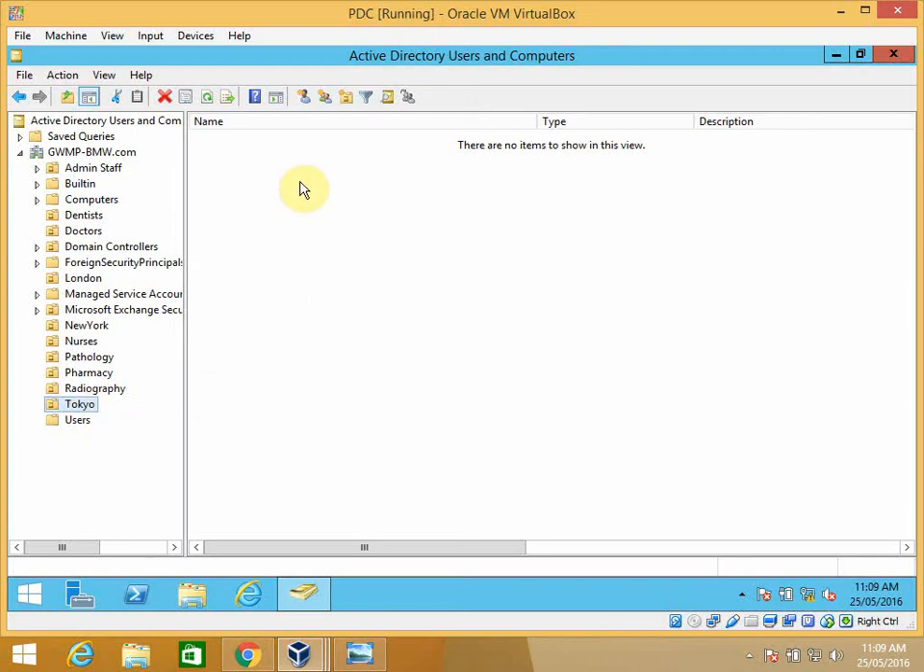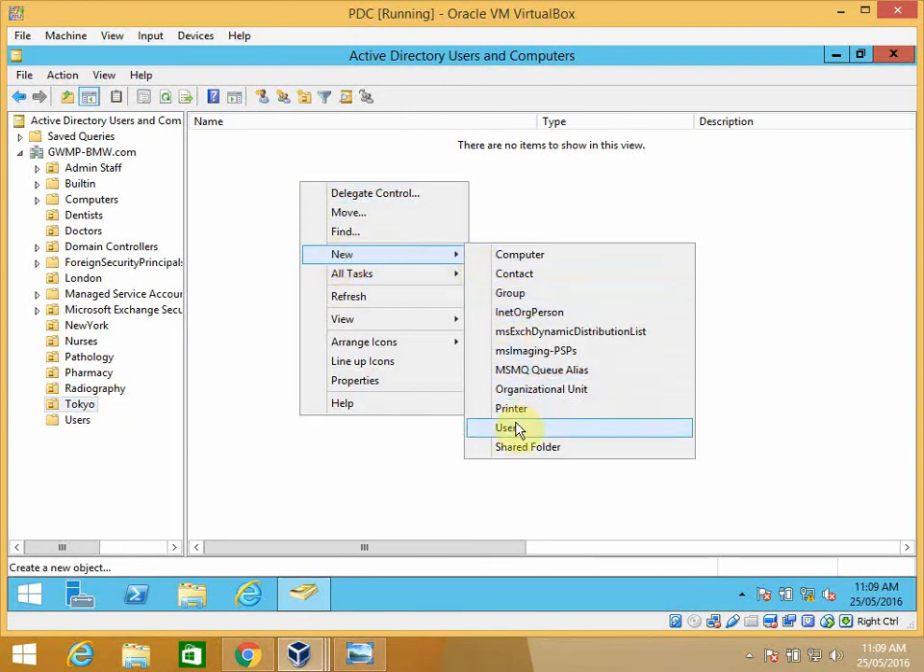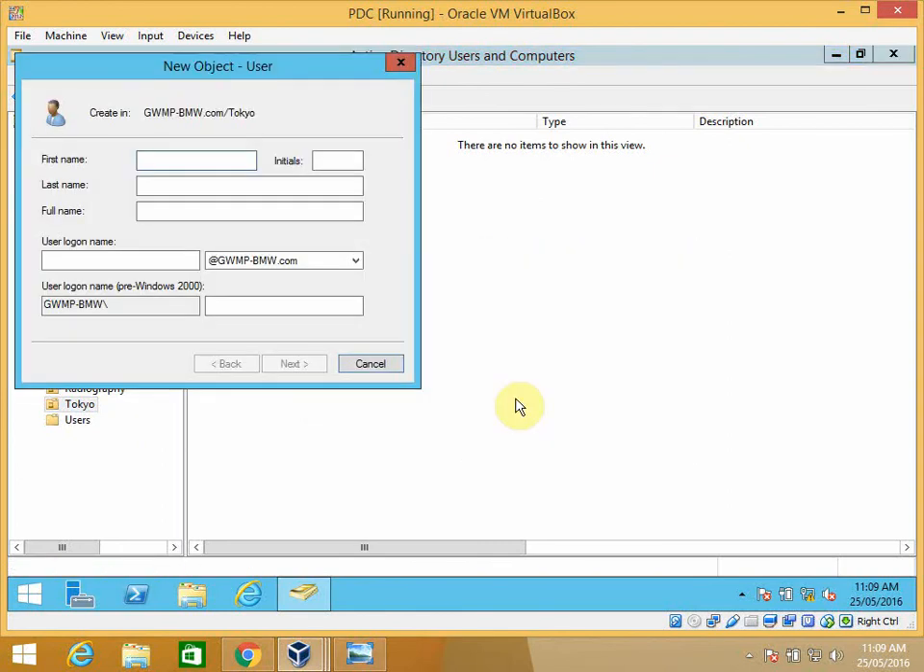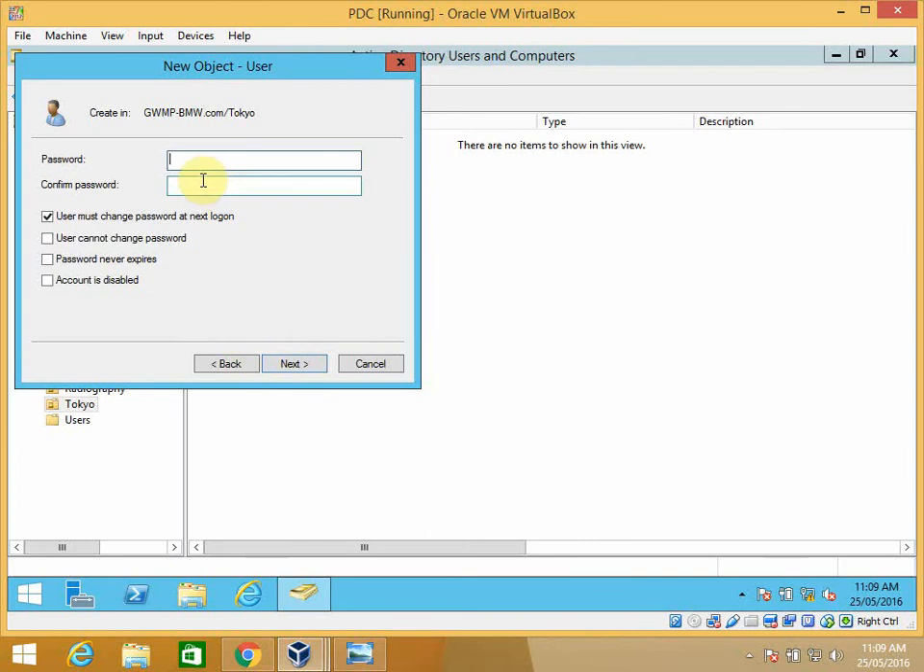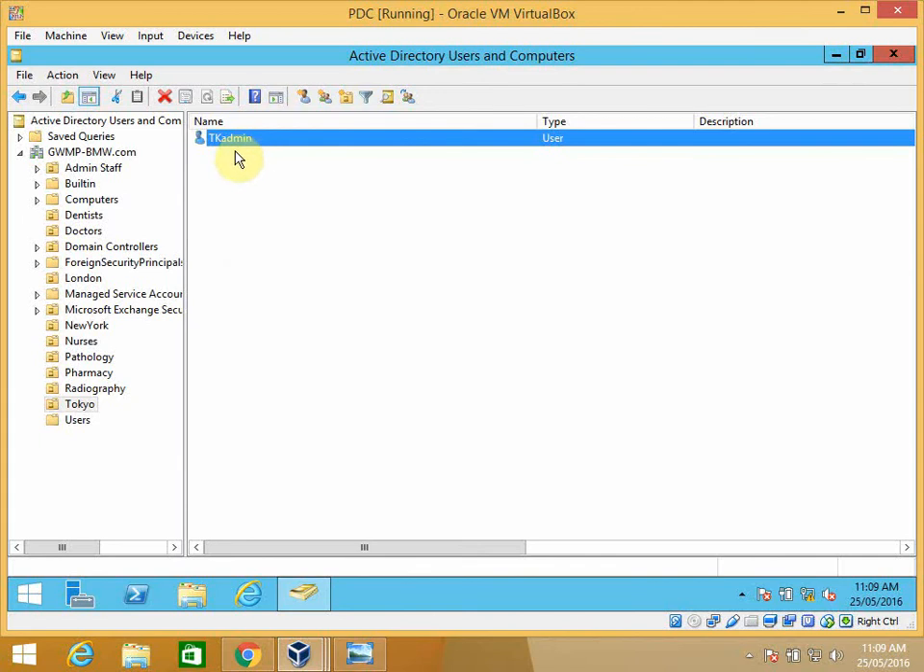So I'm going to create a user account in this organisational unit, and I'll just call him TK admin, TK admin, and the usual password, and I'll just set that his password never expires and go next and finish. So we've got an